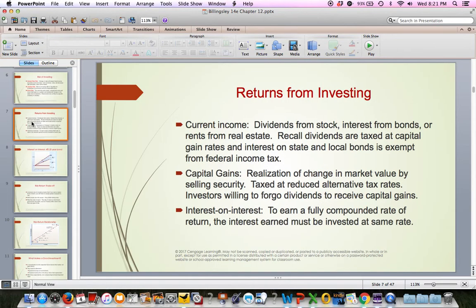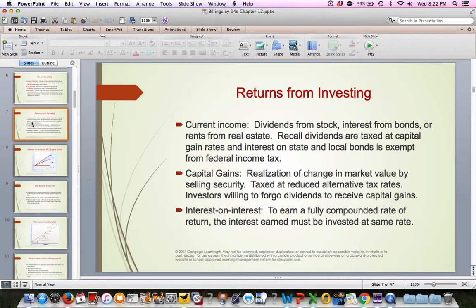So when you invest, of course, you expect to get a return. If you buy stocks or bonds, you're receiving either dividends or interest. If you own real estate, you would get rents from your real estate. If you're buying into commercial or residential property, clearly you're doing so to get rents back. Capital gains are buying an investment at one price, having it go up in value, and selling it at a higher price at some point in the future.